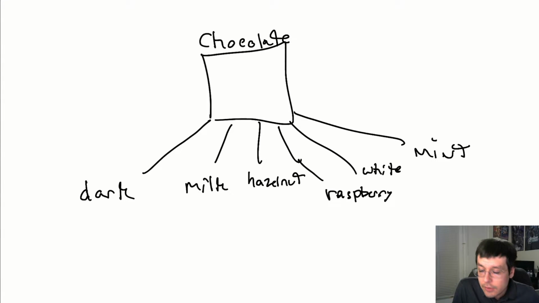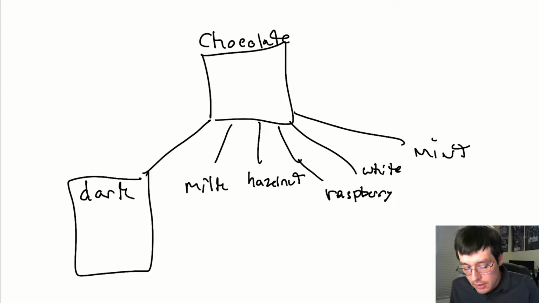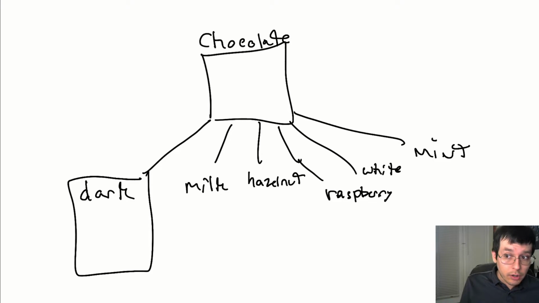Now, the superclass is going to contain a pure virtual method known as whatAmI. The purpose of this value-returning method, it returns a string, is not really defined there. It just exists so that all of the inherited classes have it, because it's required for all of them to then define it in the derived classes. So for example, the dark chocolate class is going to define that pure virtual method by returning as a string the name of the class. It's literally going to return the word dark.